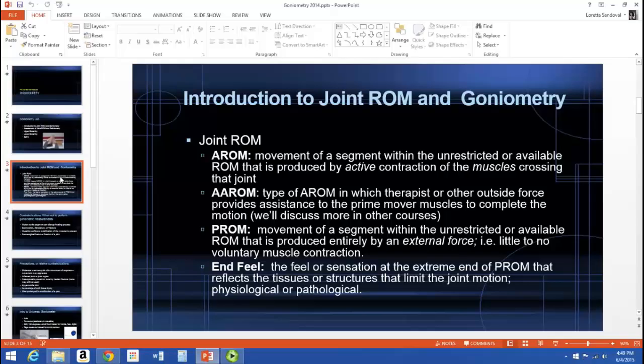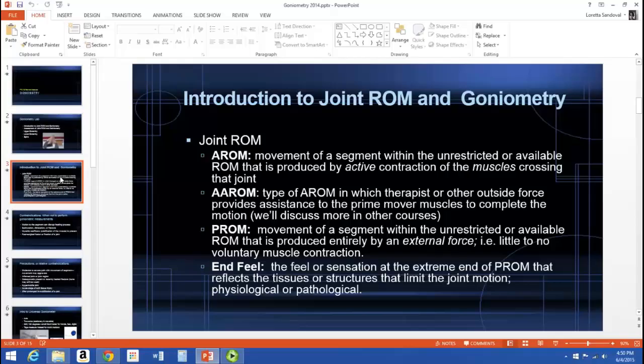The end feel, which Heather talked a little bit about in kinesiology, it's the feel or sensation at the extreme end of passive range of motion that reflects the tissues or structures that limit the joint motion, whether those are physiological or pathological. So in kinesiology, Heather talked a little bit about what physiological tissues might limit joint motion. For example, in hip extension, it's generally a firm end feel. It's limited by ligaments. For knee flexion, it's often a soft end feel, and that it's usually limited by soft